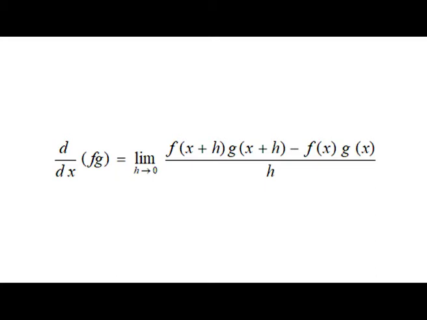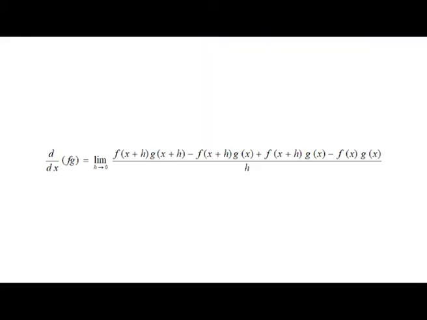d/dx of fg equals limit of [f(x+h)g(x+h) minus f(x)g(x)] upon h as h approaches 0. To change this fraction into an equivalent one that contains difference quotients for the derivatives of f and g, we subtract and add f(x+h)g(x) in the numerator. Then d/dx of fg equals limit of [f(x+h)g(x+h) minus f(x+h)g(x) plus f(x+h)g(x) minus f(x)g(x)] upon h as h approaches 0, which is equal to